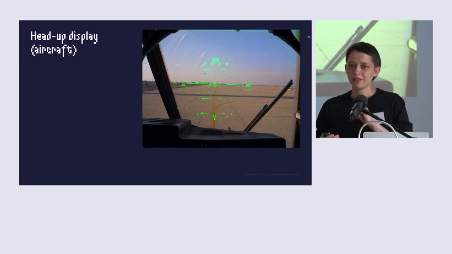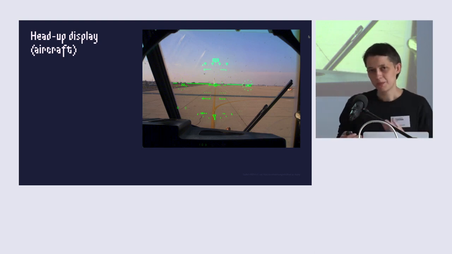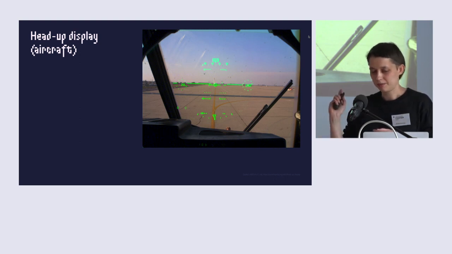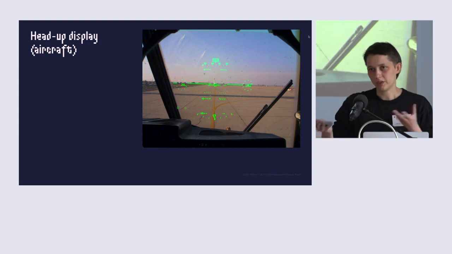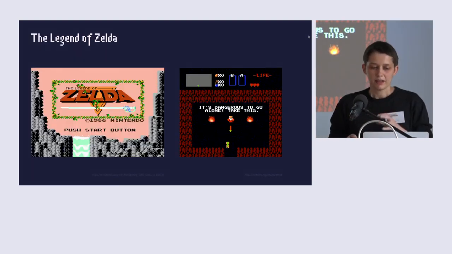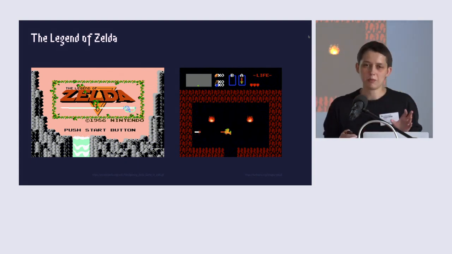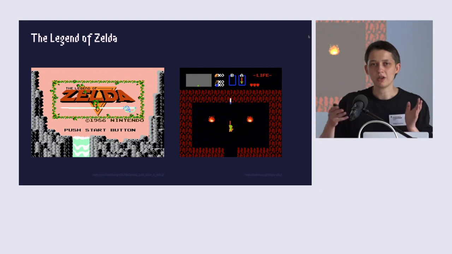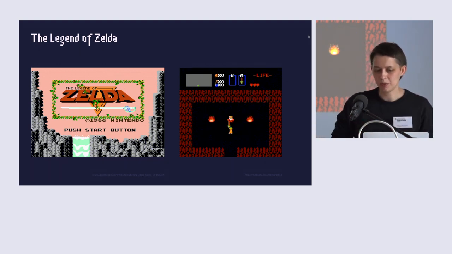And this term was taken from modern aircraft. Here on the screen you can see a real photo that was made inside a plane. A head-up display usually shows information such as score, game levels, life indicators or dialog boxes.